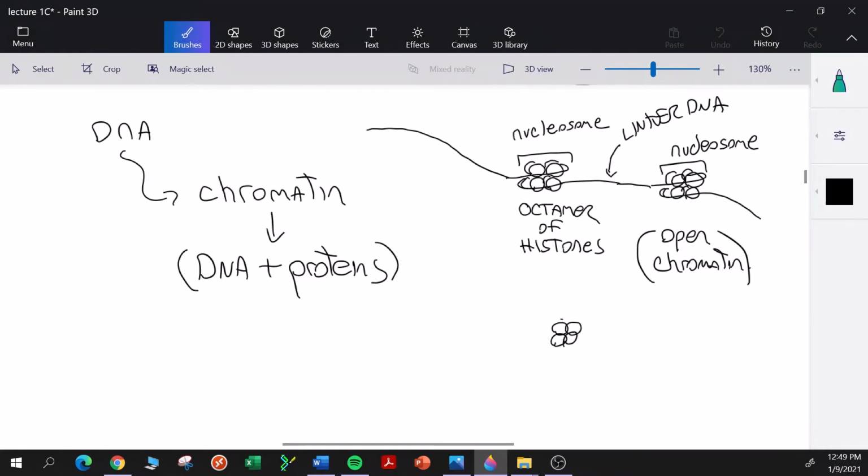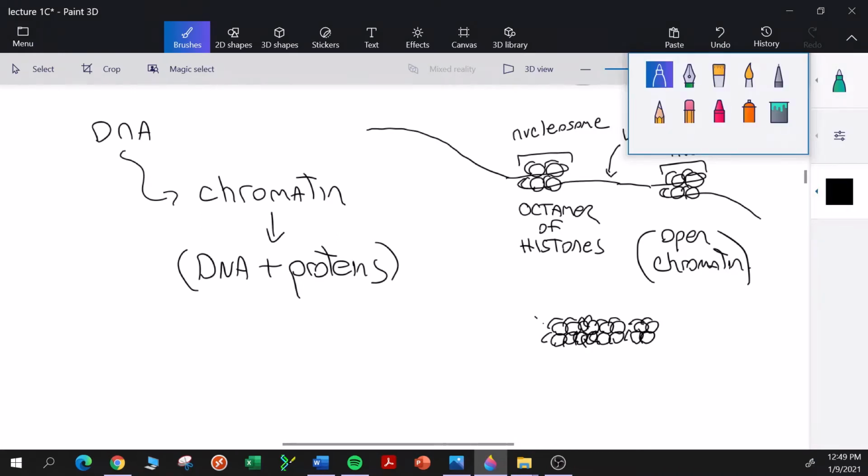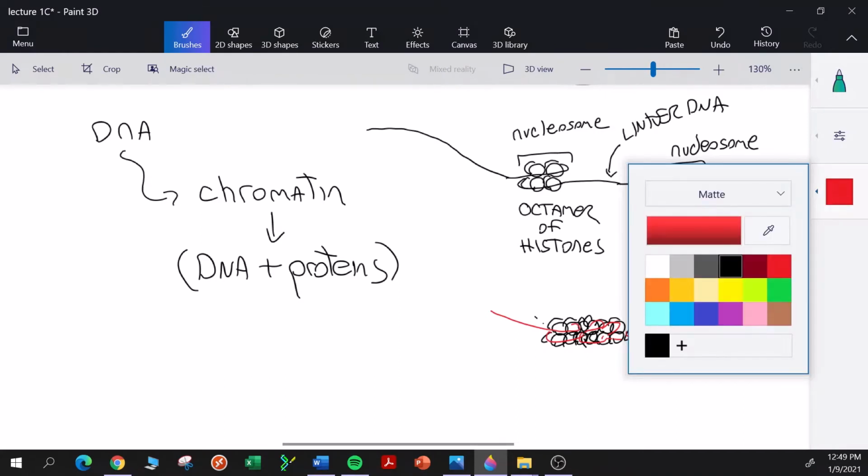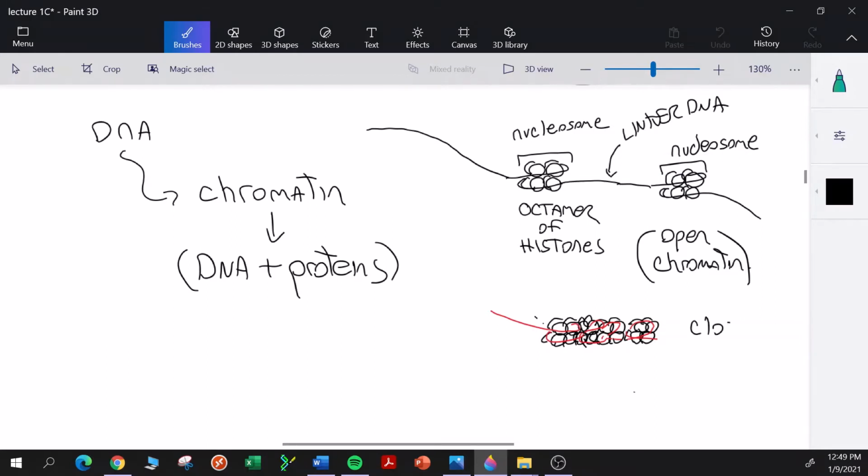Now, when it's in a closed state, we think it looks something like this. This is still really hard to do because even our most powerful microscopes have a difficult time examining the structure of DNA inside the nucleus. So I should have diagrammed this one a little closer. I'm going to stick another nucleosome in here, and let me change the color for the DNA. So here, there is very little linker DNA between the nucleosomes. So we're going to call this closed